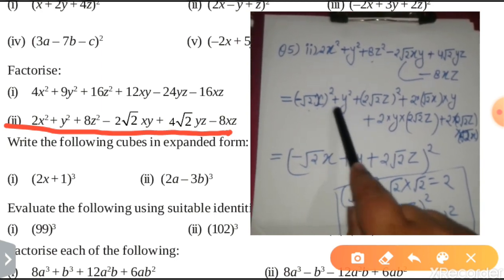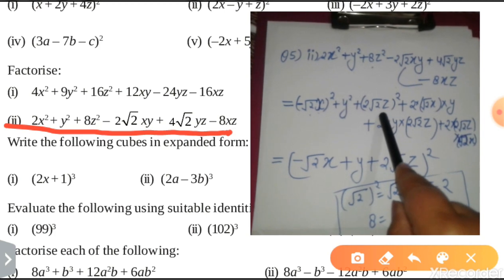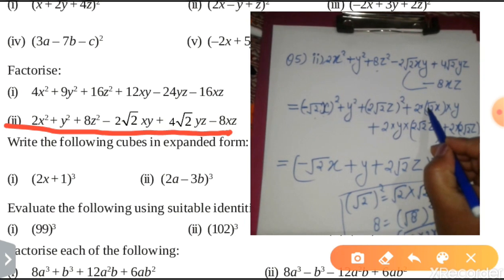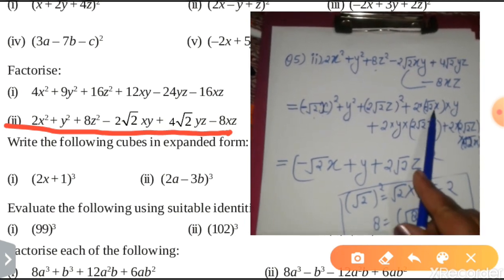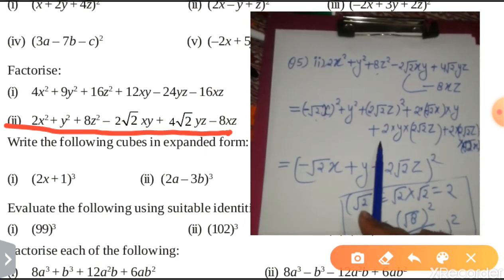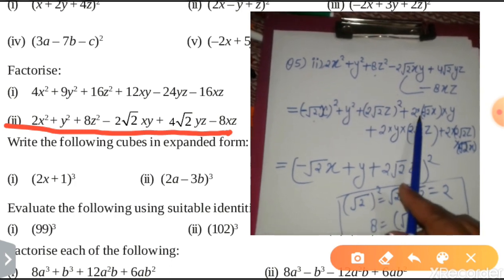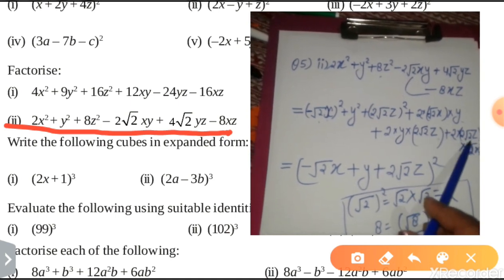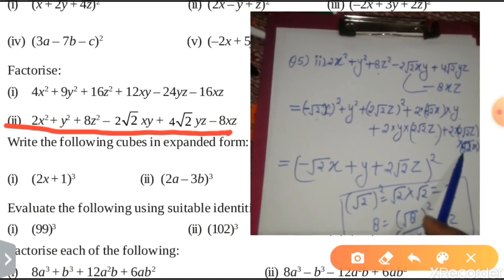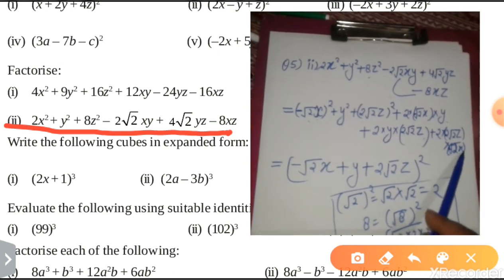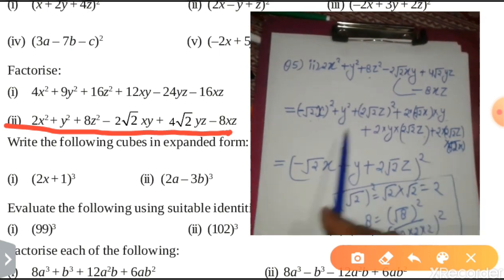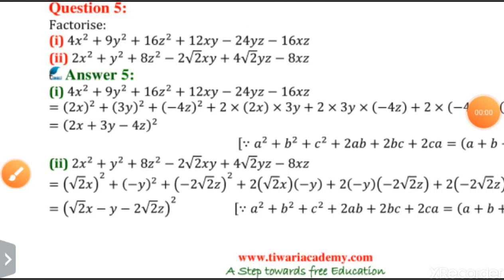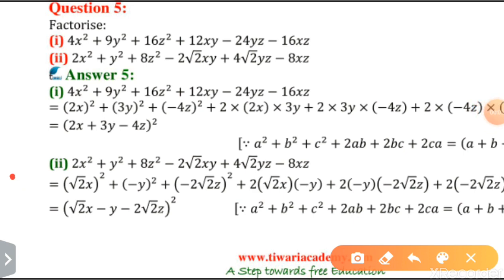So you will see that it's y square plus 2 root 2 z square, now plus 2ab. In place of a, you will write minus x, minus 2 root 2x, plus y square into y square plus 2. First is 2xy, then 2yz. In place of z, there is 2 root 2z, and plus 2zx. Z, and in place of x, you will write minus 2 minus root 2x. Now you will write it whole as (minus 2x plus y plus 2 root 2 z) square, and this is the final. You can solve this question with the help of this method also.